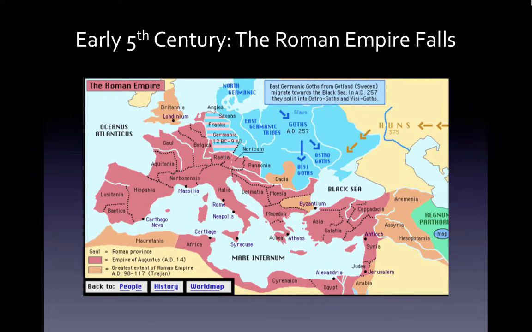In the early 5th century, the Roman Empire falls. It doesn't happen overnight, and its causes are many. The only cause that concerns us is the Germanic tribes that have assembled along the eastern frontier of the Roman Empire: the Ostrogoths, the Visigoths, the Vandals, the Lombardy, the Alemanni, the Burgundians, the Franks.